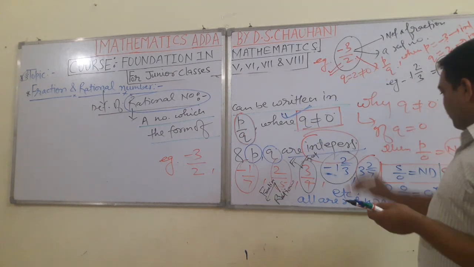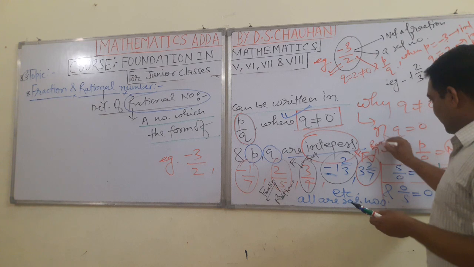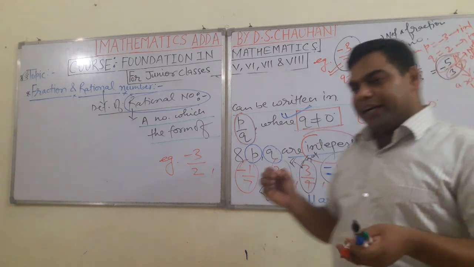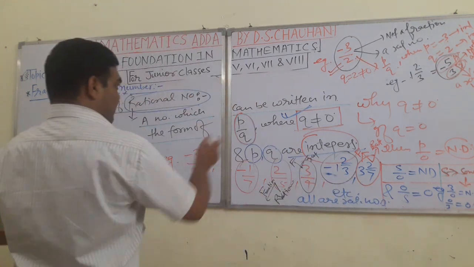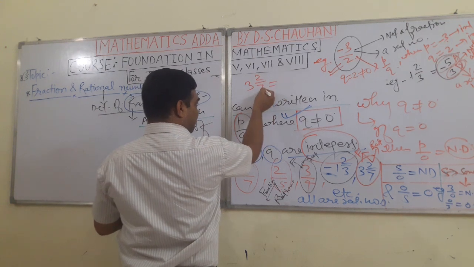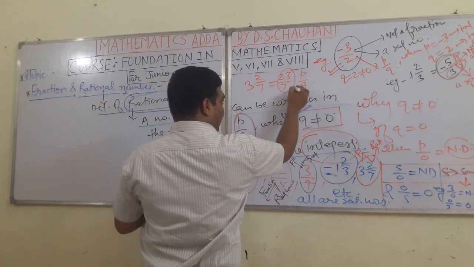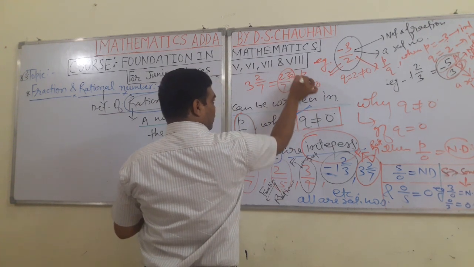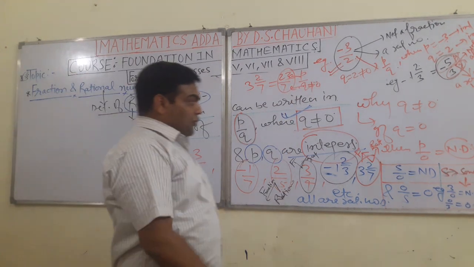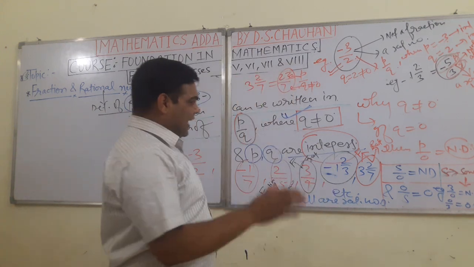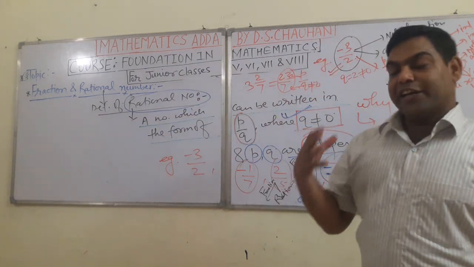And here 3 whole 2 by 7 is a fraction as well as rational. Why is it a fraction? Because numerator and denominator are both positive integers and the denominator is not equal to 1. Why is it rational? Because 3 whole 2 by 7 can be written as 7 times 3 is 21, plus 2, 23 by 7. It is of the form p by q, where q is not equal to 0 and p and q are both integers. So it means, students, now you are at a stage where you can identify which number is a fraction and which is not a fraction.